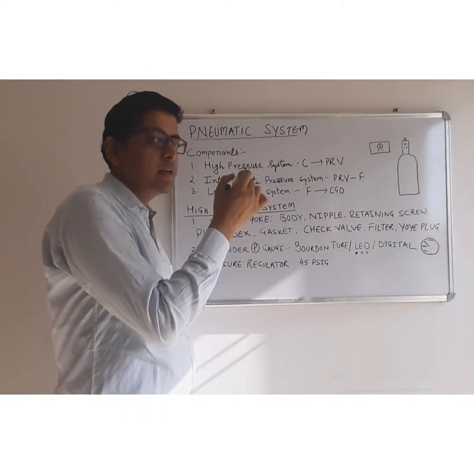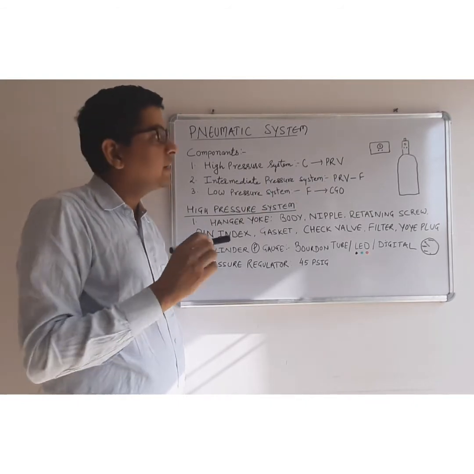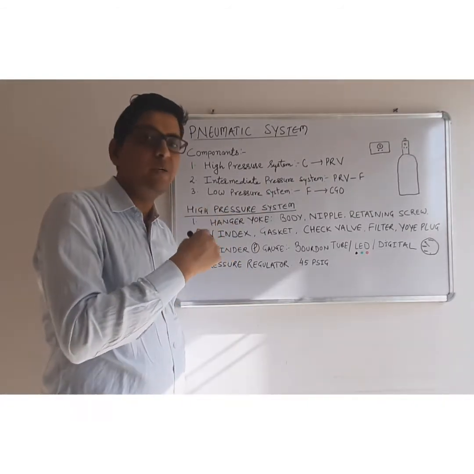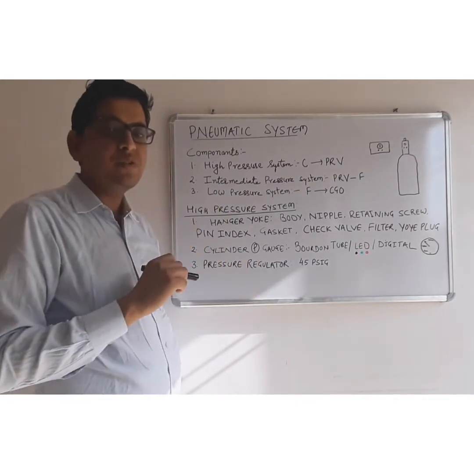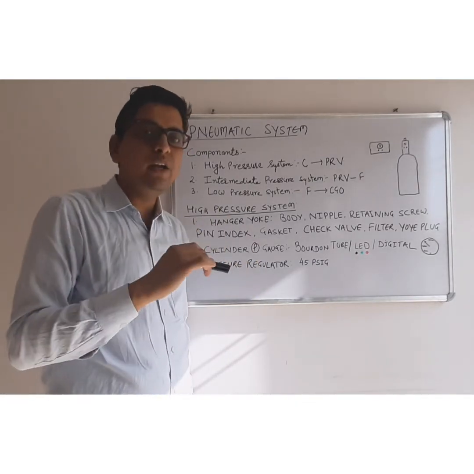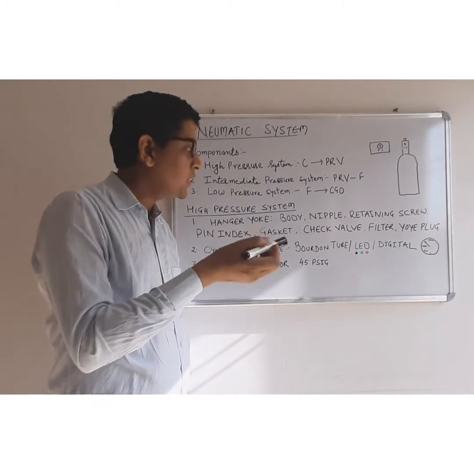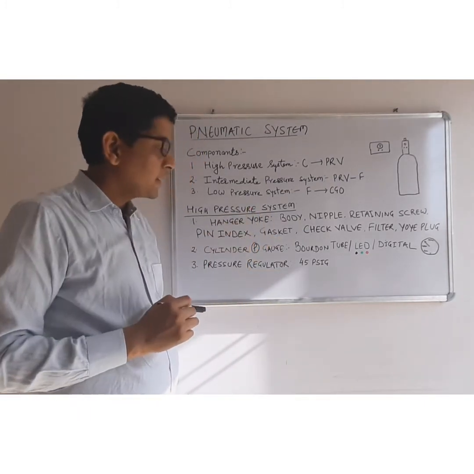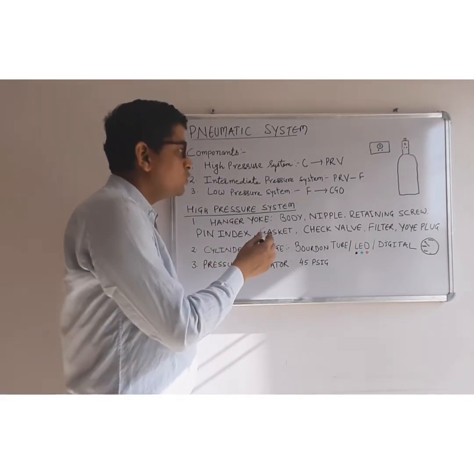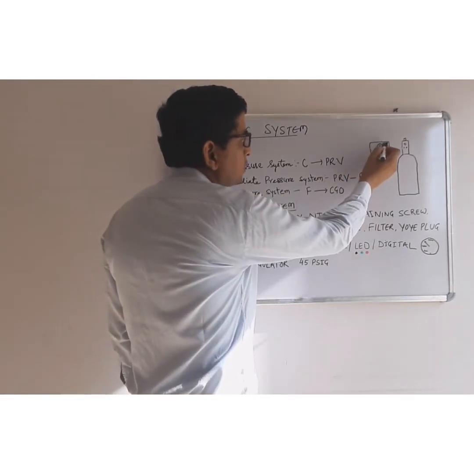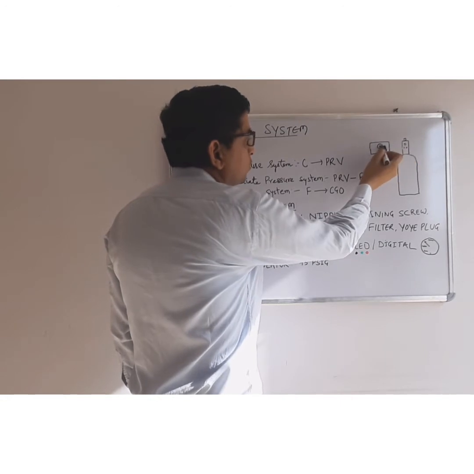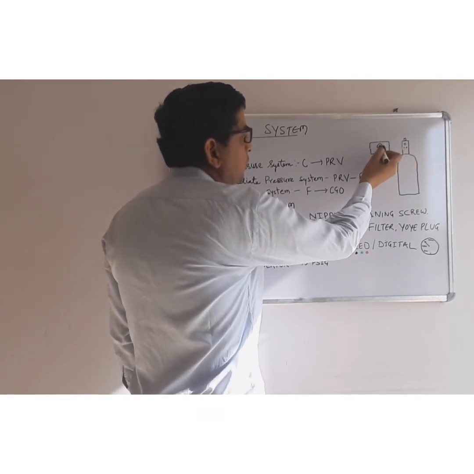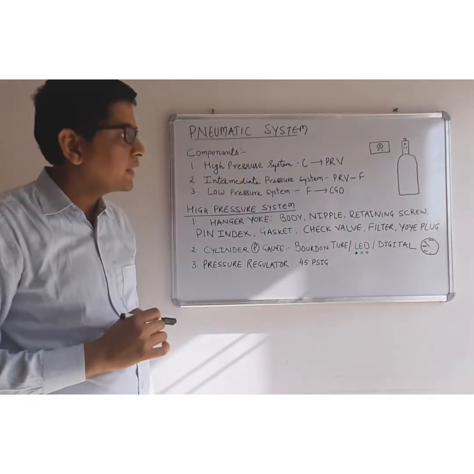If there is any damage of the pin, it can lead to bypass of the pin index system. That is an important safety system in the anesthesia workstation that can lead to wrong fitting of the cylinder. Now the next part is the gasket or washer. We use the washer. Here is the washer around the nipple. So while we attach the cylinder with the nipple, there will not be any leak of the gases.